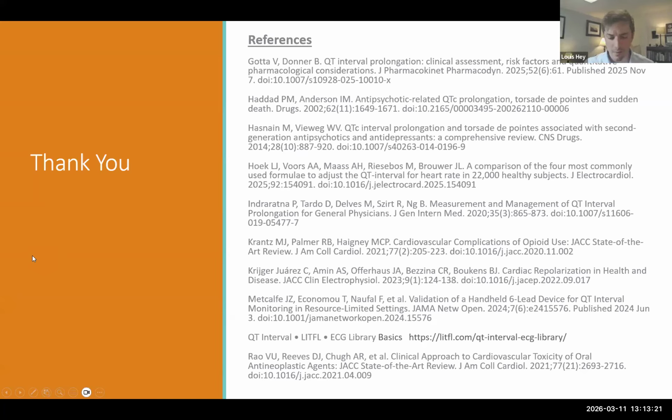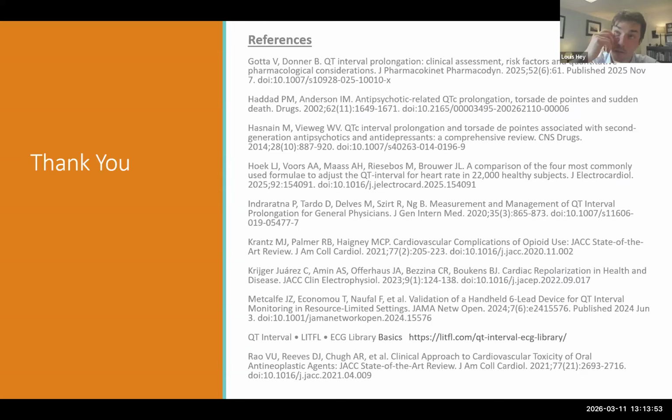A couple other things I wanted to touch on briefly. I'm glad I have time. I didn't want to write them down in my presentation because it's really hard to prove a negative, right? Trying to find that a drug is not at risk for torsades is a harder thing to prove. So obviously do your own research, but the consensus seems to be, especially for the antiemetics, that they are a lot lower risk than we think.